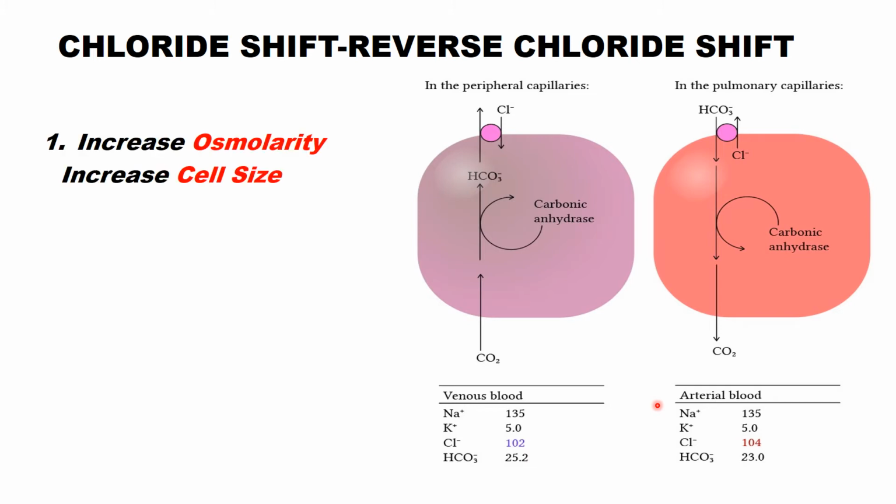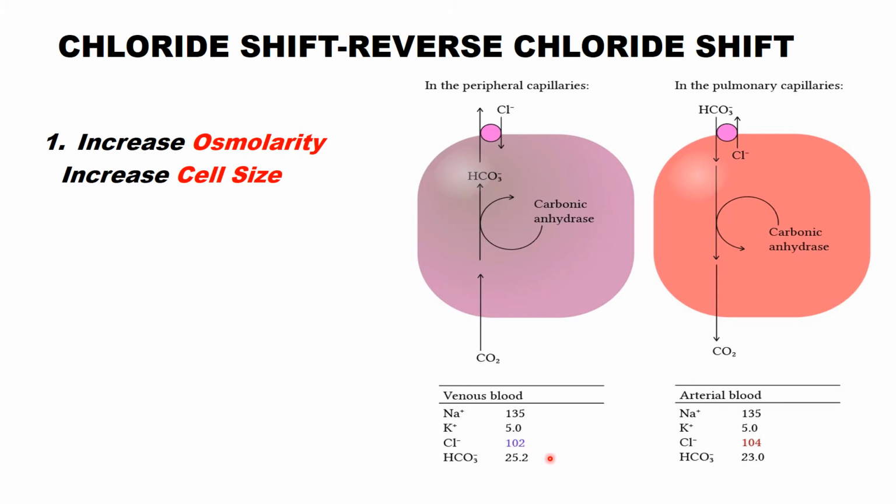So it is not only chloride which will be changed during this phenomenon. There are certain ions whose composition will also be changed in the venous and the arterial blood. So what are these changes? Because of the movement of chloride into the RBC, there is also an increase in the number of ions inside the RBC. So the osmotic pressure inside the RBC becomes higher than that of the plasma. This causes the osmotic absorption of fluid into the RBC.